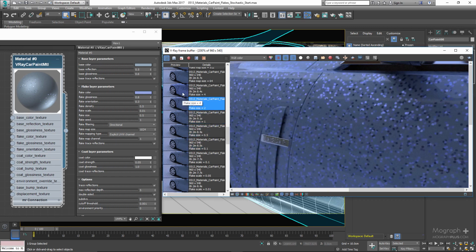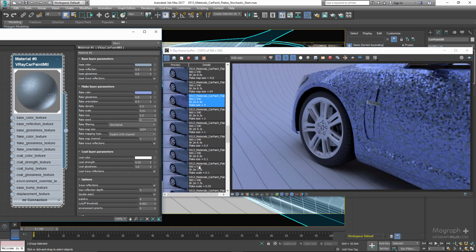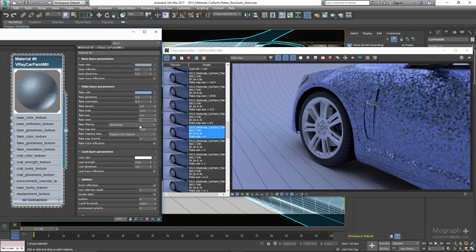We have flake seed, which is a random seed to control the flakes distribution pattern. If you are not happy with the way the flakes are distributed, you can try different seed values here. We have flake filtering, which specifies what filter method to be used for filtering the flakes and produce a cleaner image and less artifacts. We have simple and directional. Simple is faster, less accurate, and requires less RAM, but directional is a bit slower, more accurate, and requires more